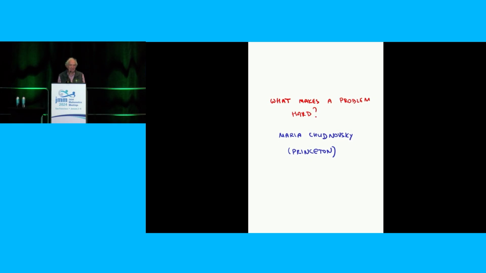Good afternoon. I'm Percy Diaconis, and very, very pleased to be able to introduce this talk by Maria Chudnovsky. Maria's a professor at the mathematics department at Princeton. She works in combinatorics, more specifically graph theory, and more specifically structural graph theory. And within that world, she's the sun and the stars and the sky and the moon. She really, really is at the center of a big, healthy area of mathematics.